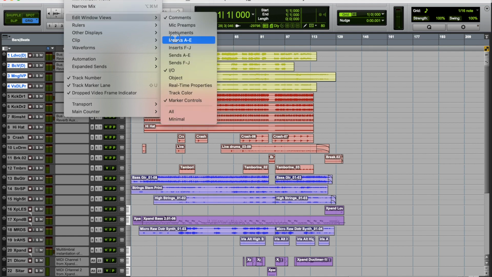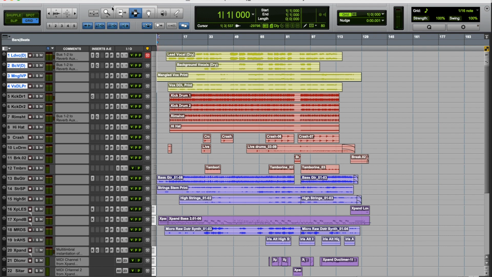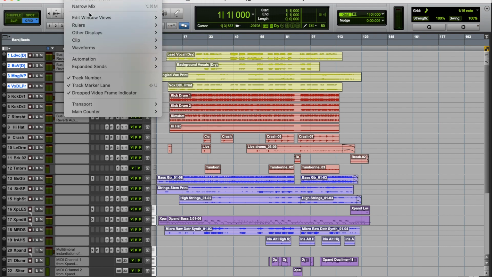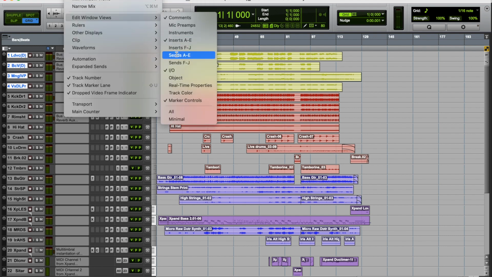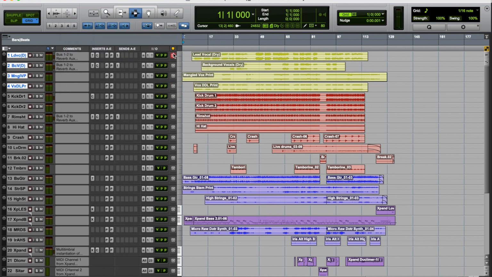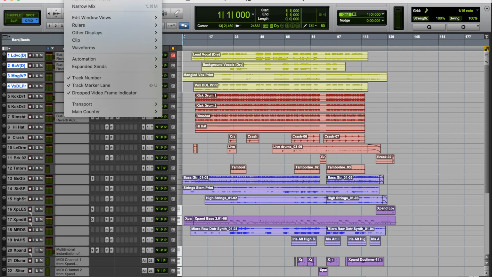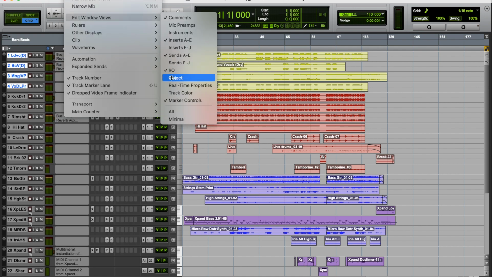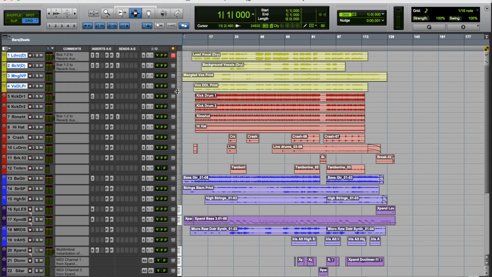Inserts A through E. Sends A through E. The IO, which is already visible. And then we want to select the track color as well. Okay. From the edit window toolbar pop-up menu,